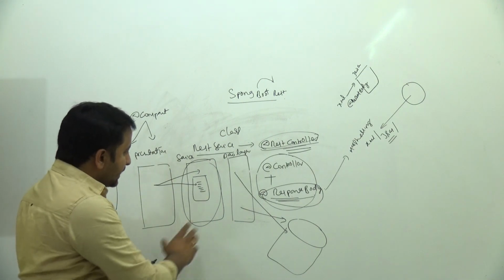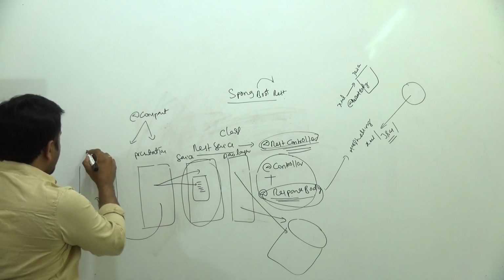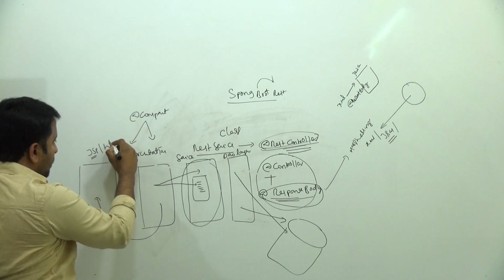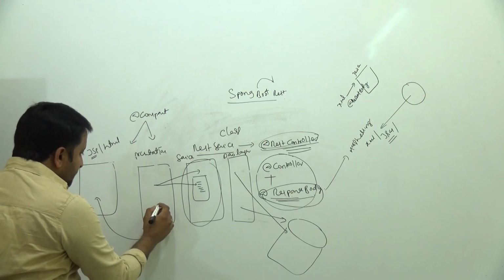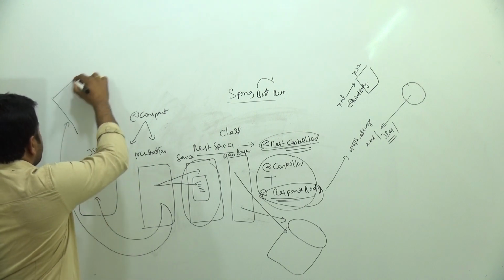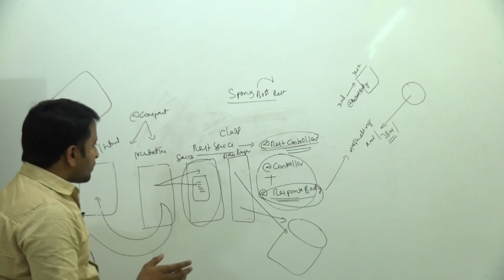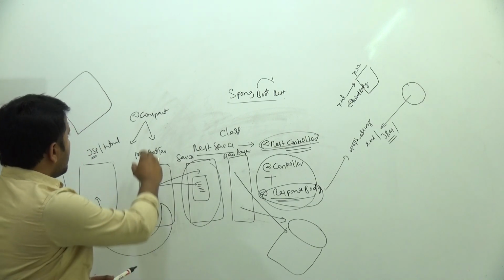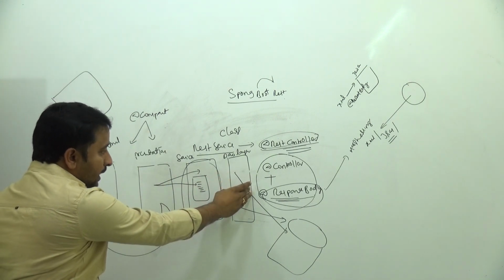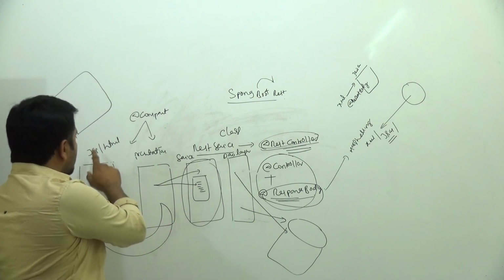Once we get the data, it is sent back to the client. The client may be a JSP page or an HTML page, whatever the page is. Sometimes in the case of a REST application, the client is a different application altogether. In such cases, how are we going to represent the data? In the controller, we prepare the data, the model data. Model is nothing but data. The data we are sending back to the client.